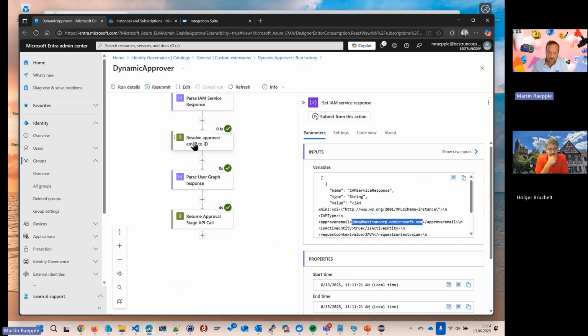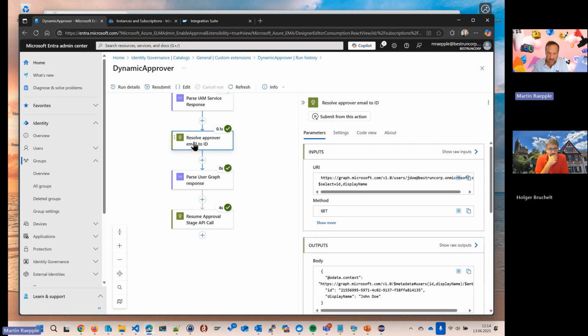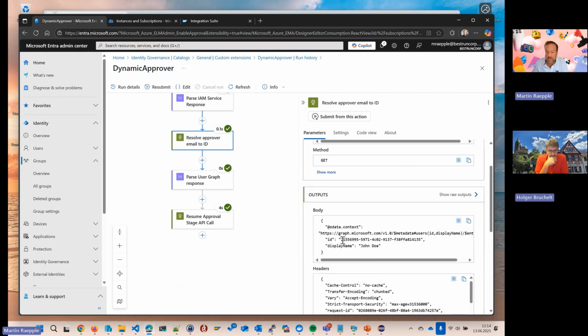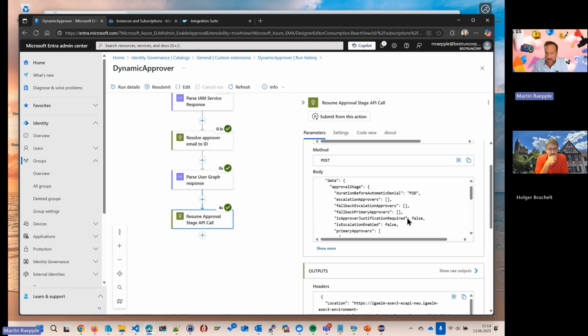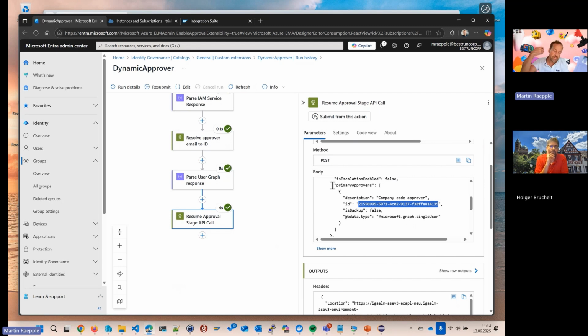For that reason, we do almost at the end of our dynamic approver logic app a call to the Graph API with exactly that email address and get back the ID and display name. But the important piece of this information is the internal ID of that user, which is then finally constructed in the response to Entra ID governance, as we can see here, right? So this ID has now been set in this return data structure that is expected by Entra ID governance for